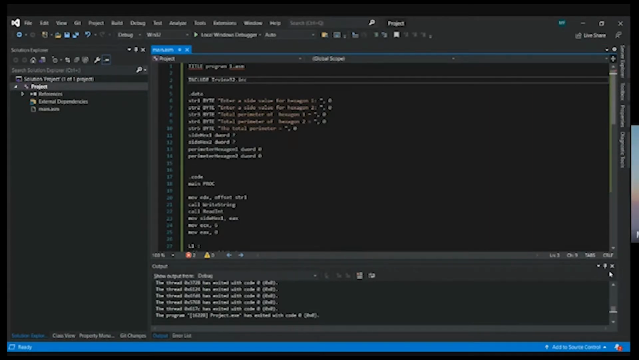So in this question, we need to find three calculations. The first one, the perimeter of hexagon 1. The second one is for hexagon 2, and finally the sum or the addition of both perimeters of hexagon. So in this program, I list here 5 types of string which will be used in the output of